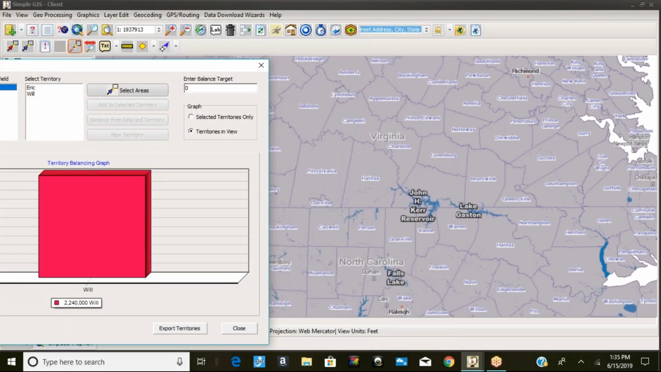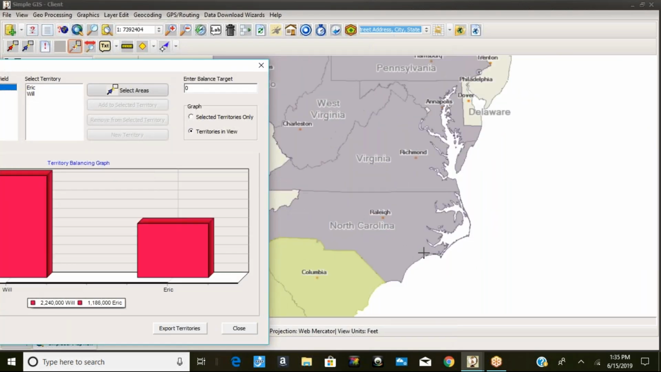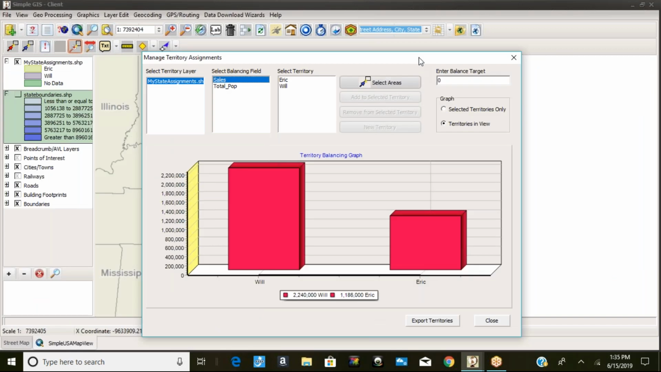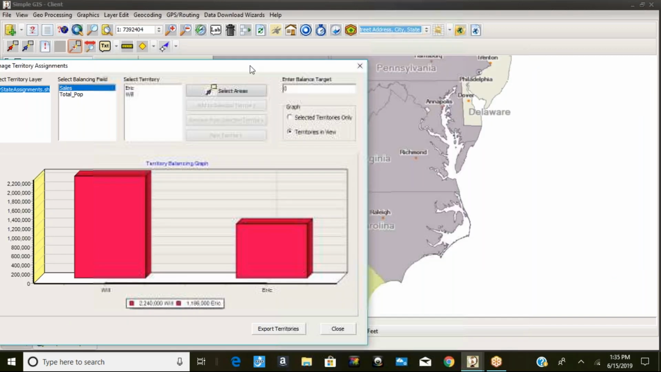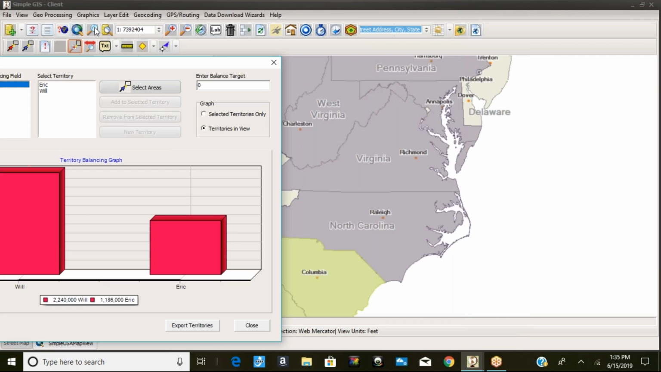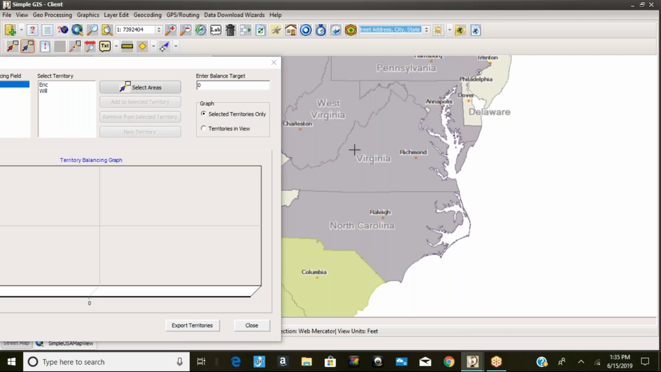So now as I zoom out, I now see I have Will and Eric visible. I could also choose to only show the selected territory. So again, it would just be whatever features I selected on the map. So if I select this option, currently I have no territory selected, but if I use my Select Features tool here under Simple GIS Client and was to select,